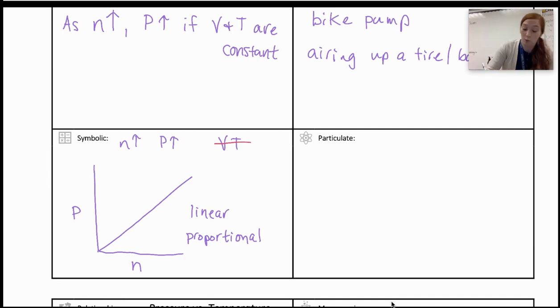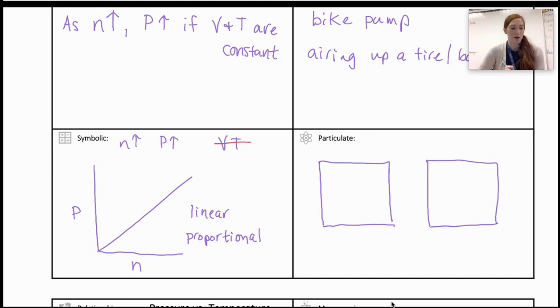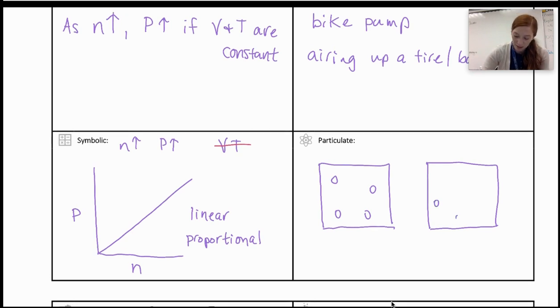Okay, particulate. We want to keep our volumes the same. I'm going to do my very best to draw similarly sized containers. If they are not exactly the same size, we're going to pretend that they are. Okay, this time the amount of gas changes. So again, I'm going to use a small number of gas particles. Let's go with like 4 to begin with, and then let's increase to, I don't know, 6. Okay, we don't need a ton of particles to show what we need to. Okay, some of you go a little crazy with the number of particles. We don't need that. Okay, temperature stays the same, so our number of whooshies are going to stay the same,